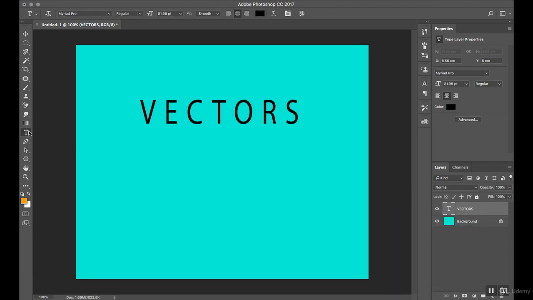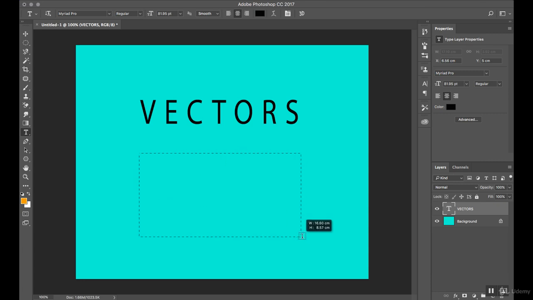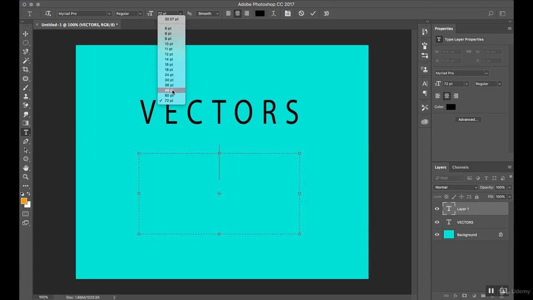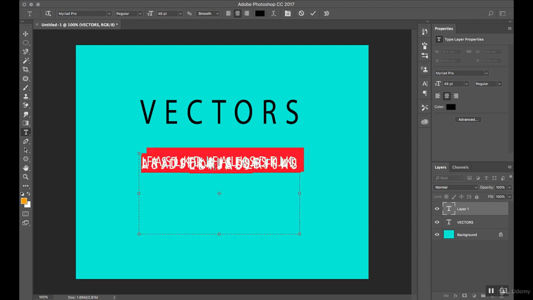The next thing you can do is select the text tool again, but now instead of just clicking, you have to draw a region so that you can type paragraph text. Let me change the font size to 48. Okay, 48. I'm going to just type some dummy text. You see that I have written many lines, but all the lines are joined with each other or overlapped. So select all the text, click on the text and press Command A, or Control A on a Windows PC. Now select this option,